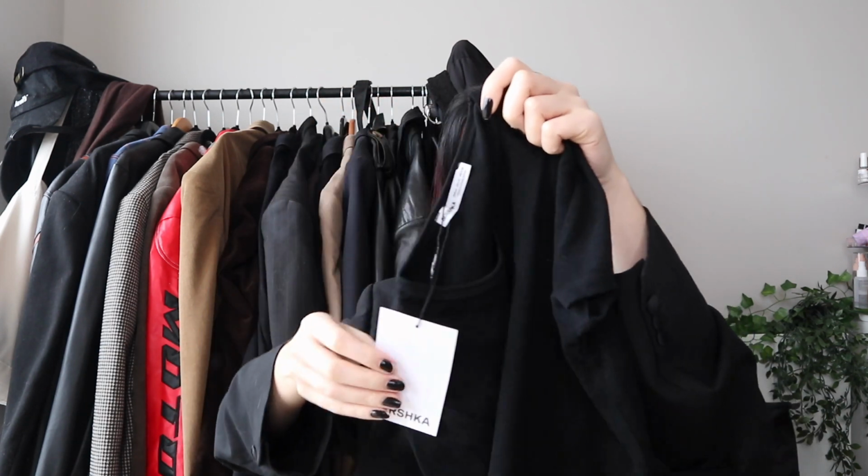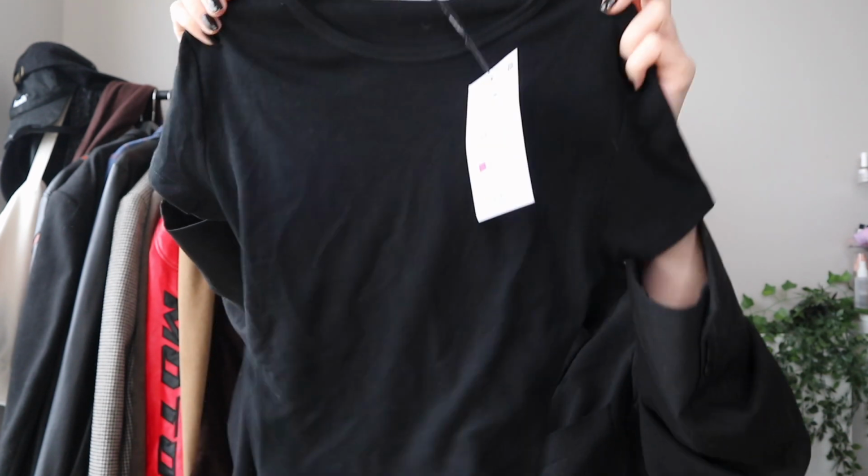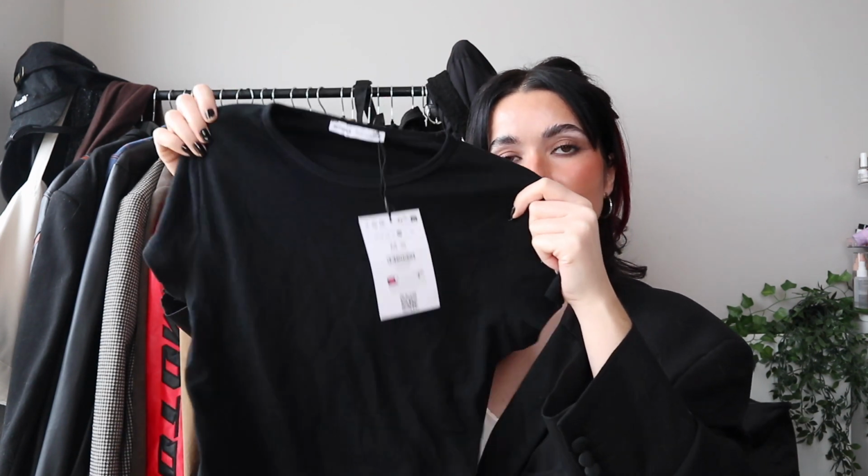Next, I got some stuff from Bershka. I actually got this baby tee in a medium and this was £7.99. I feel like that's going to be nice when the weather changes a bit. I've got a long sleeve version of this from H&M which I wear all the time and it's so comfy, it goes with anything, but I'm going to want a short sleeve version at some stage,